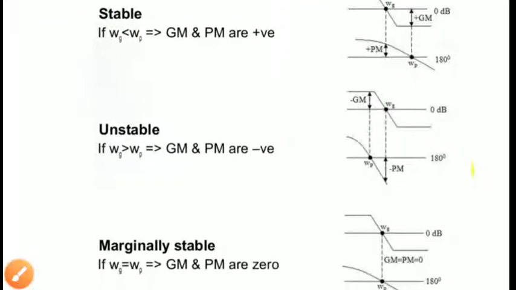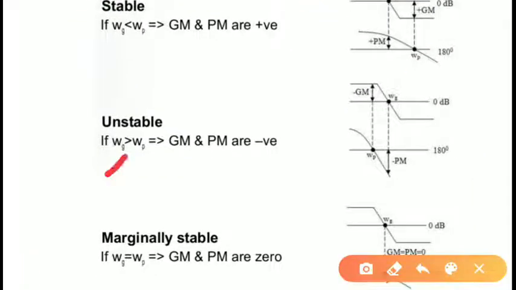Now we have another case: if omega z is greater than omega p, it means the gain crossover frequency is greater than the phase crossover frequency. Clear? So in the amplitude plot, this is the negative gain margin. And in the phase plot, it is also a negative phase margin. So both the margins are negative, that means negative gain margin and negative phase margin, then the system will be